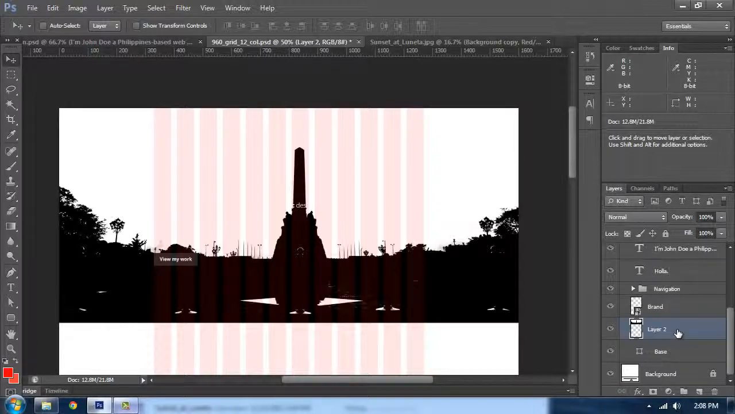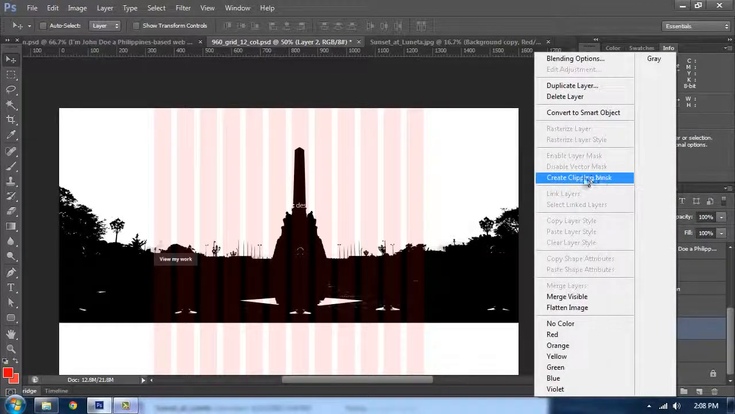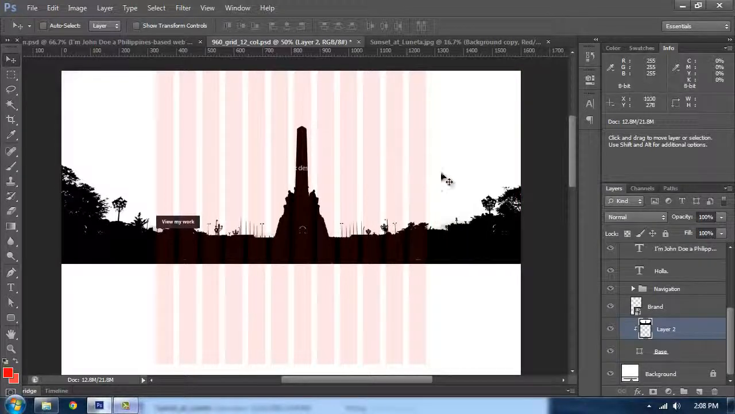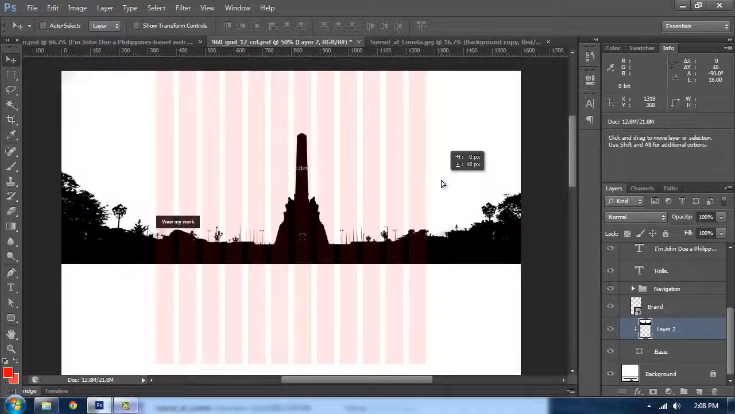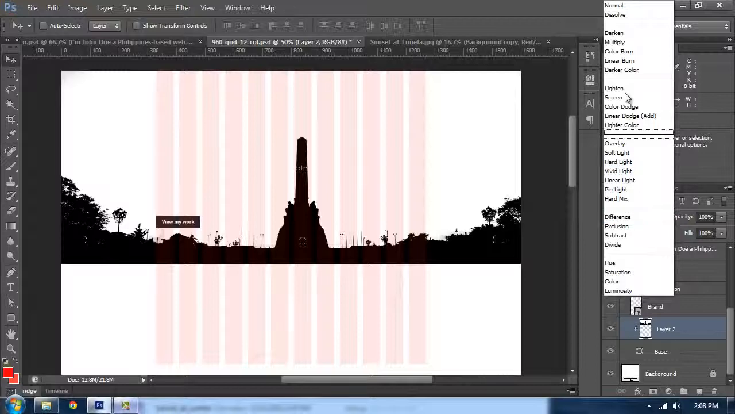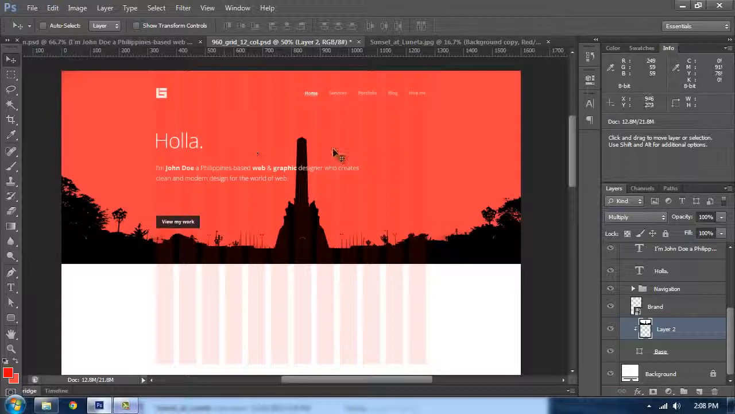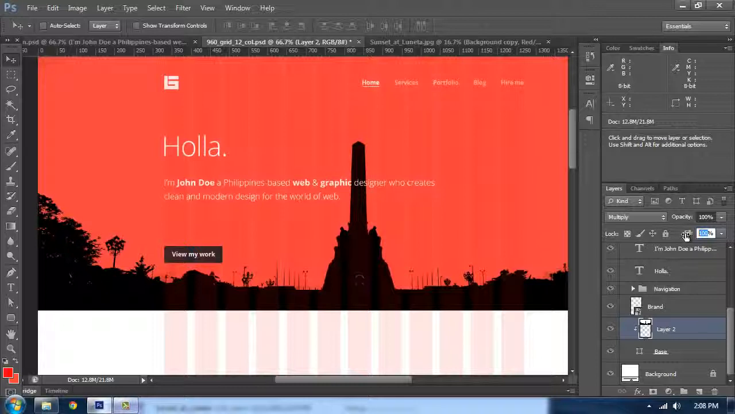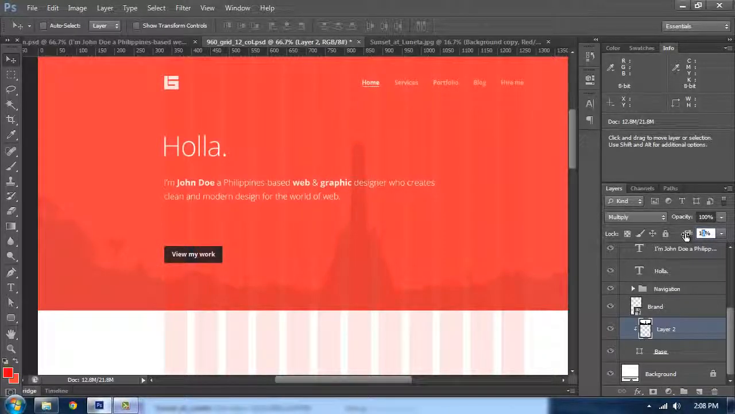By selecting this layer, right click and create clipping mask. So now it's masked on our base layer, so we can move this and it's still in the right place, and I'm going to position it something like that. I'm going to make the blend mode multiply, so the white will hide and the black will reveal. And I'm going to set the opacity to about 20 or 15,